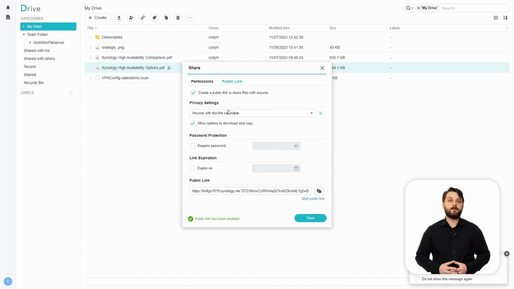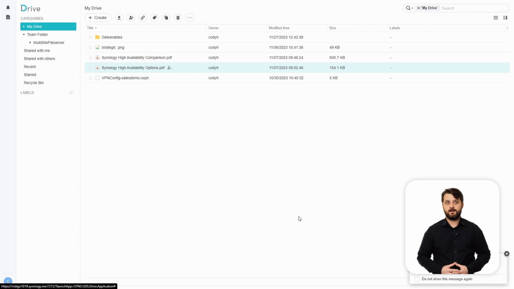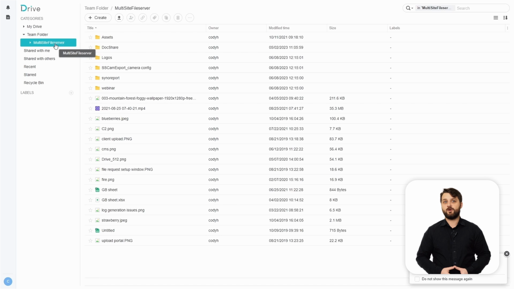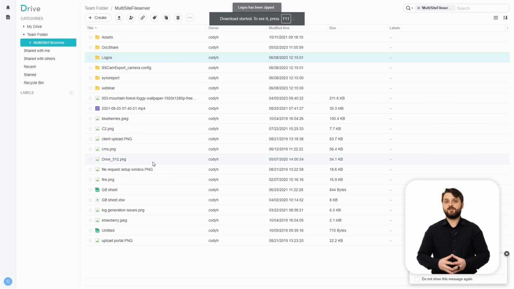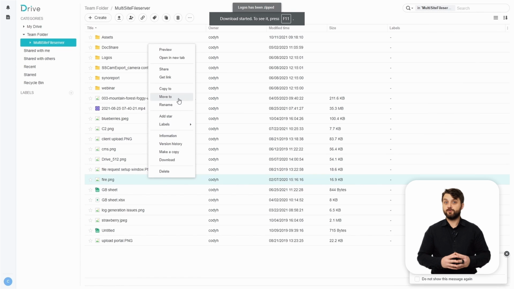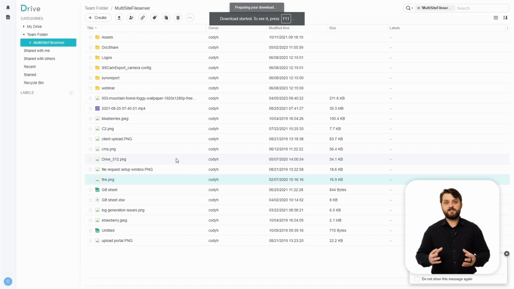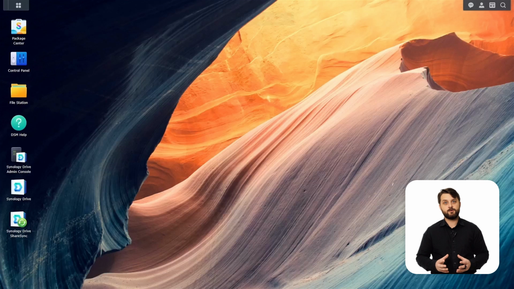Under the public link, you can enable your public sharing link and disallow or enable being able to download and copy using a public link. You can also do password protection and validity periods on top of that. Now, once we've done all this, we can begin interacting with our team folder location as well. This is going to be where you do collaborative work with your other team members. So, of course, you can actually download individual folders from this team folder as well as files on top of that. So that's the main way you can interact with files and folders on Synology Drive without Synology Office. So let's go ahead and take a look at exploring that right now.